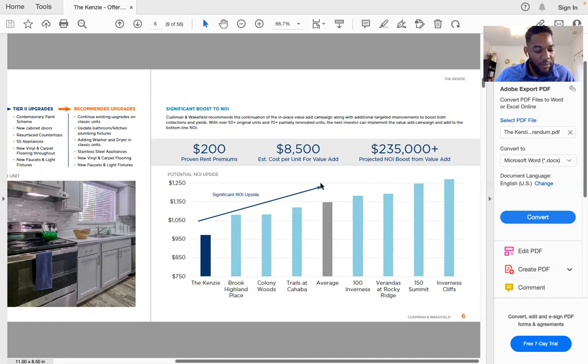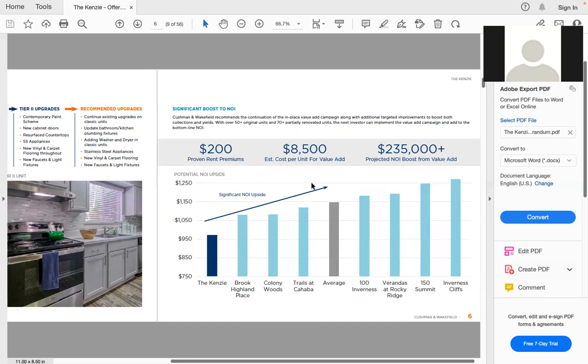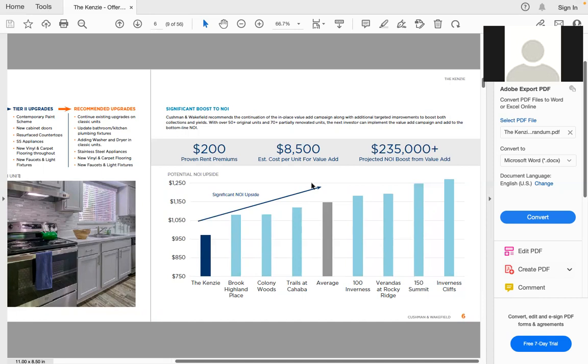Any feedback? What's the comp? I would be really hesitant to do that. You're never going to turn a C class into an A class, even if the area is A class. Based on the numbers, the answer is yes. But again, you can go from a C class to a B class property. You can make it a B class property, and you do all the units and some upgrades to the outside. It's possible, and based on their numbers, yeah.